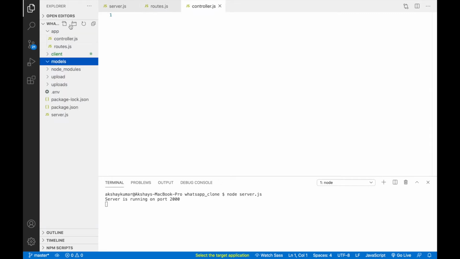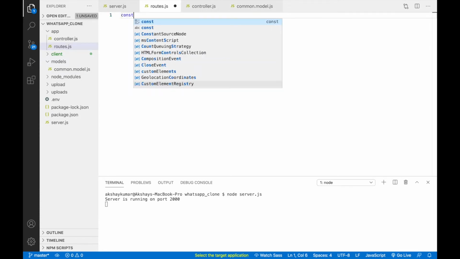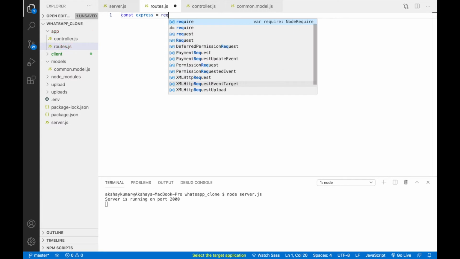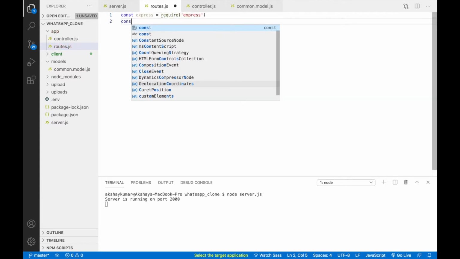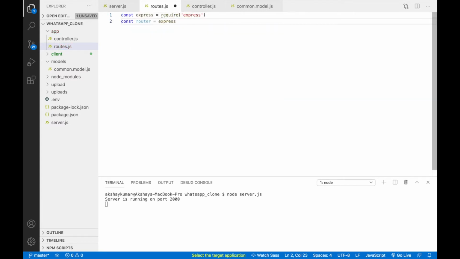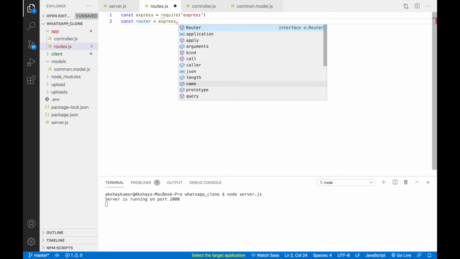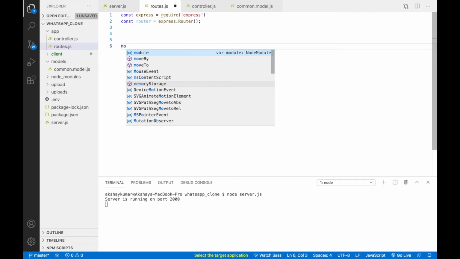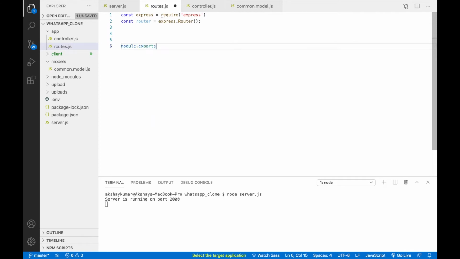Inside model we'll write common model.js. Inside routes, we'll write const express equals require express. Then we'll create a router, express.Router. Here we'll export module.exports equals router.